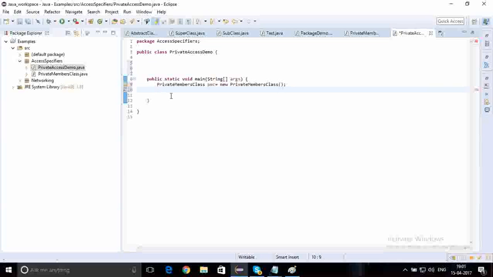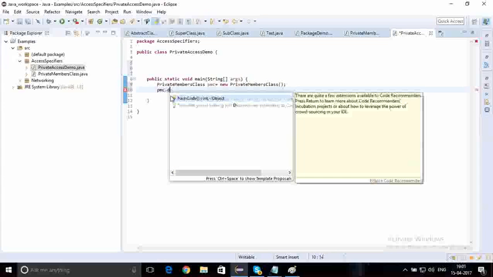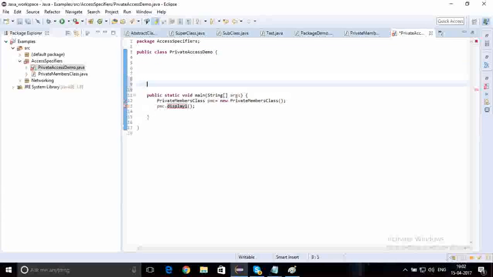Now, if you want, we can just write here PMC dot display1, it will show an error. It is not allowed. Now, if you do extends, what happens? Extend means here those are non-static. So if you have a method void show, void